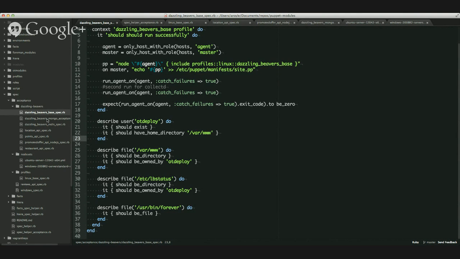And I love it. It's really simple, and it gives you that little bit of confidence, because the only other RSpec tests we've got at the moment are kind of asserting hiera configuration, which is all very well, but